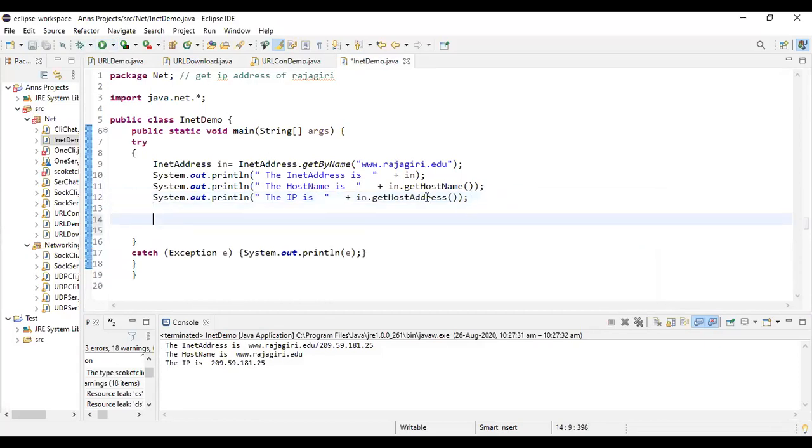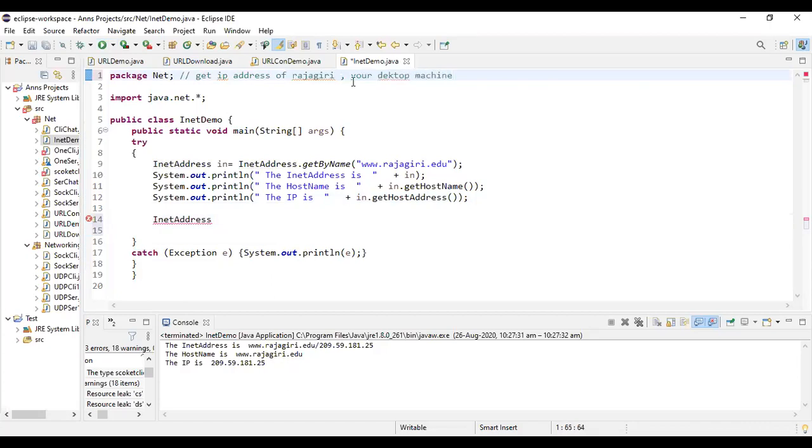You did this for rajagiri.edu. Now imagine you are working on a machine, like I am working on a machine which is in the college network. You will be at home, working on your machines. Now let's see how you will get your local host name and number. For that, InetAddress, to get the IP address of your desktop machine.